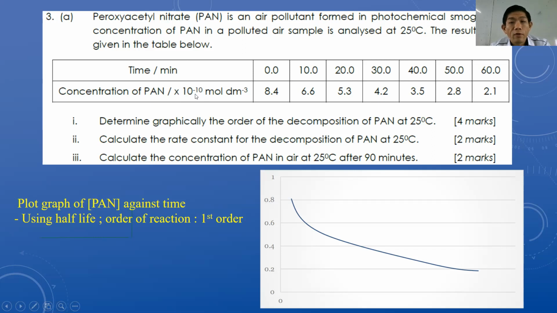So therefore later in your answer, anything that is related to the concentration, you have to express as times 10 power of negative 10. Okay, so number 1, determine graphically the order of the decomposition of PAN at 25 degrees Celsius. So you plot the graph of concentration against time. So if you plot the graph of concentration against time, eventually you get